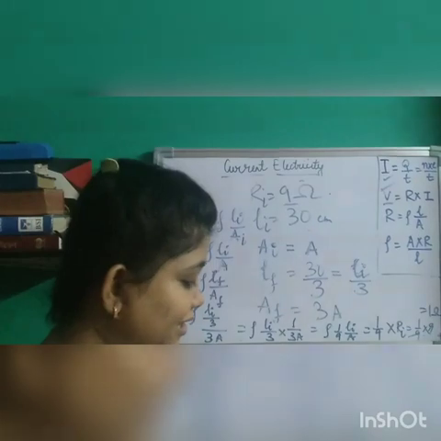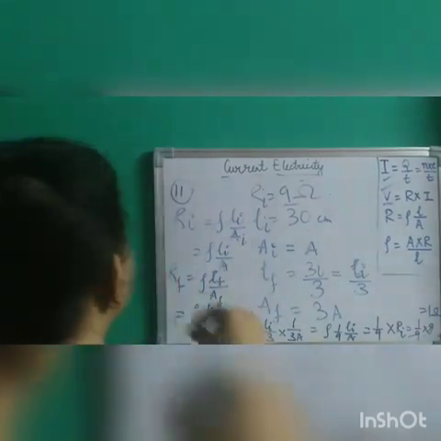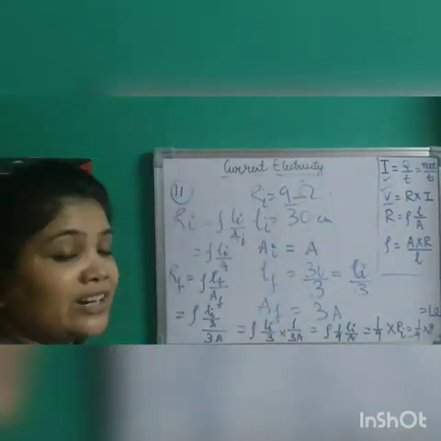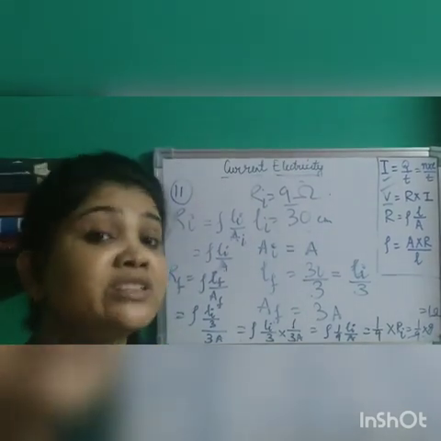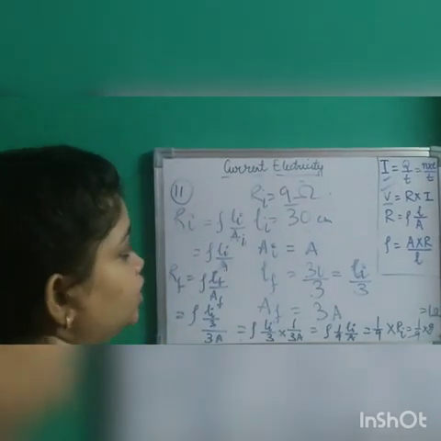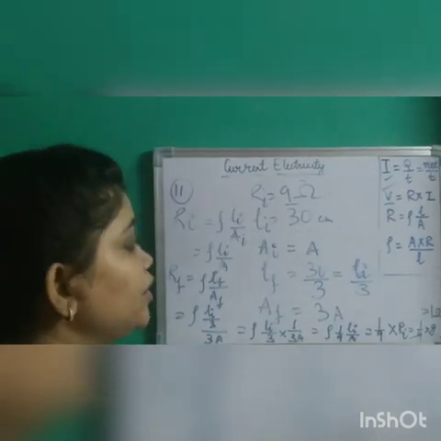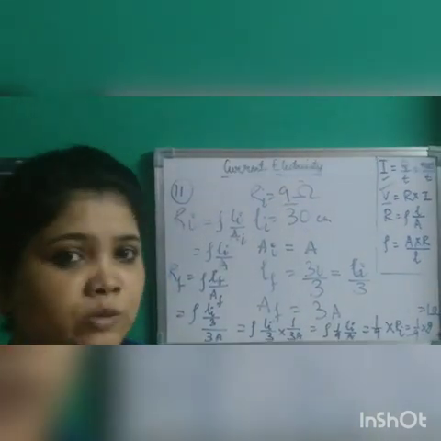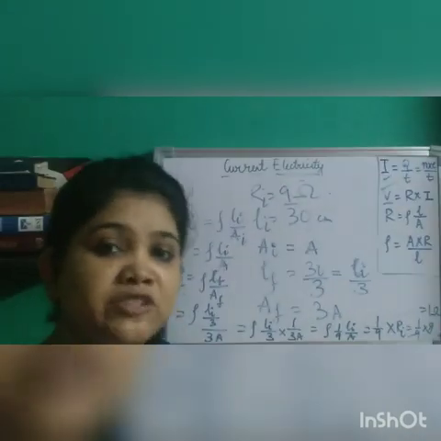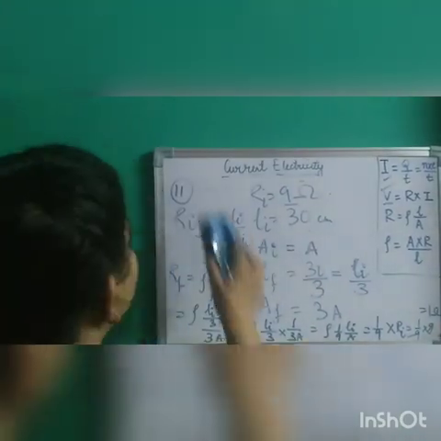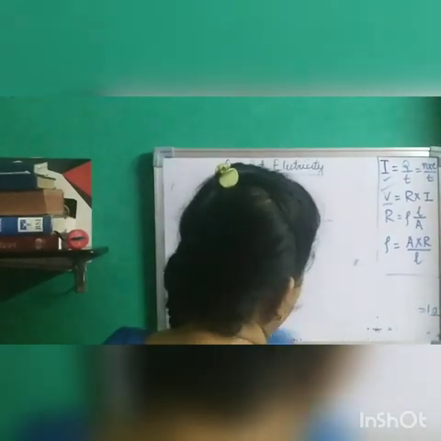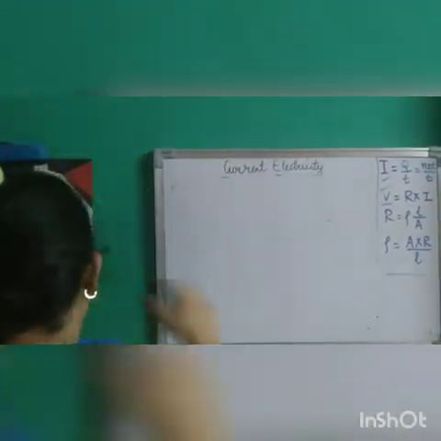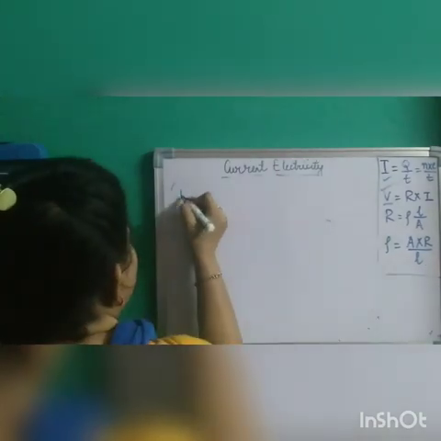Now 12 and 13, two more sums left. Let us do the 12th sum. Hope you have understood this. Students, this type of sums which I have done comes in ICSE. So be very particular. First you write down the quantities, bring it to the formula, and put the values at the last. It will be easy for you. Now let us do sum number 12 and 13, and then we finish up with the first portion of numericals.